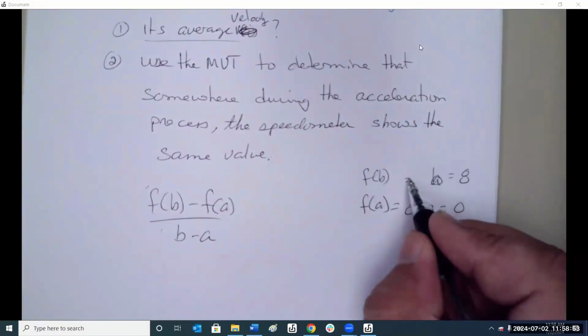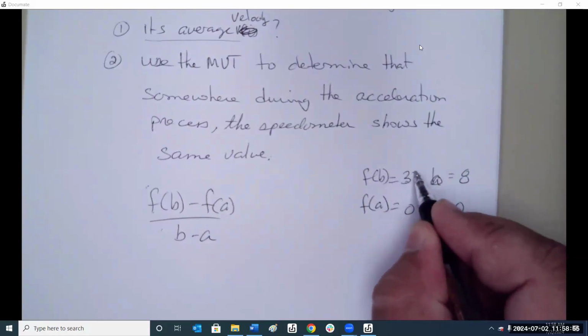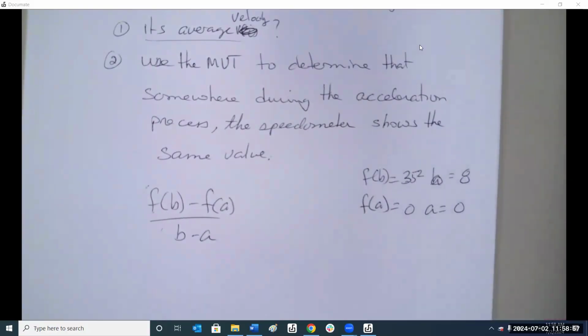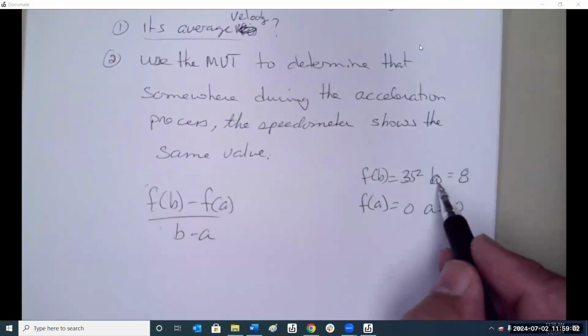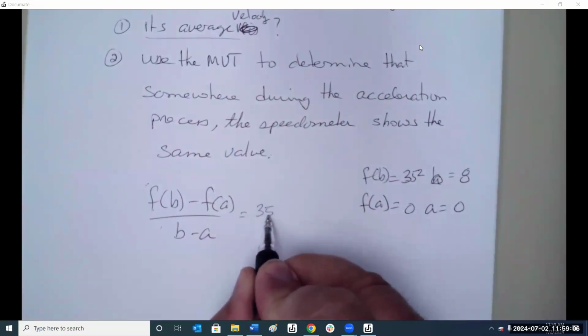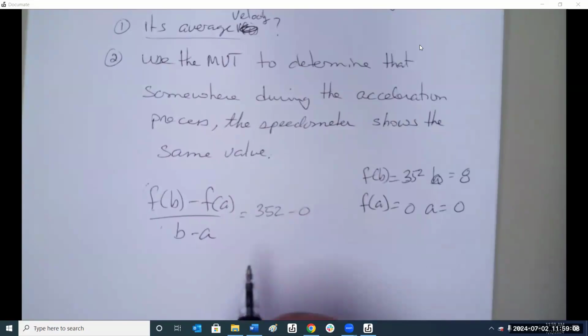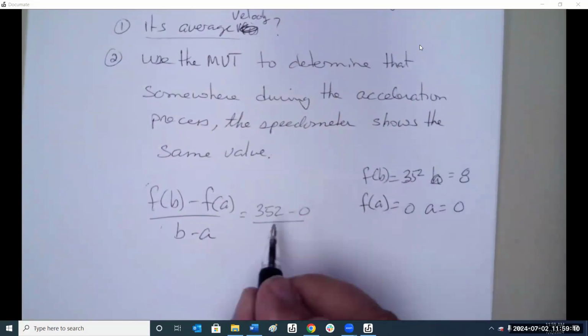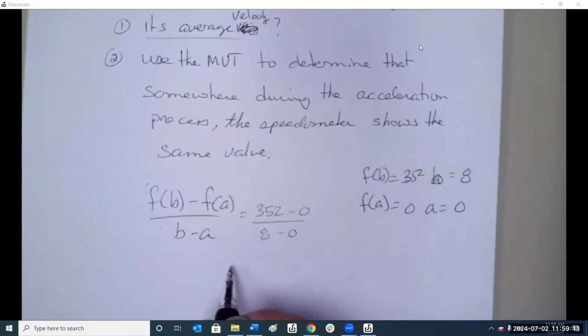B is 8, and it goes 352 feet, right? The time is always the X, the input. So we have 352 minus 0 over 8 minus 0,